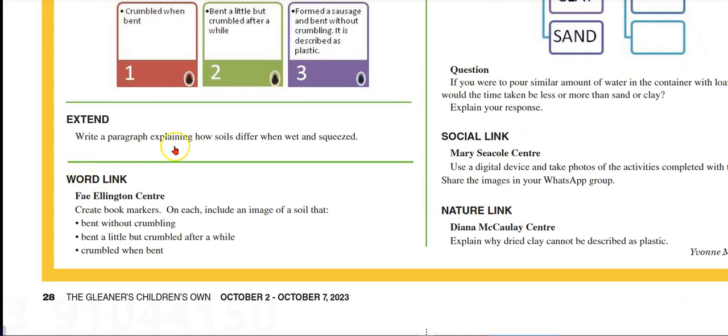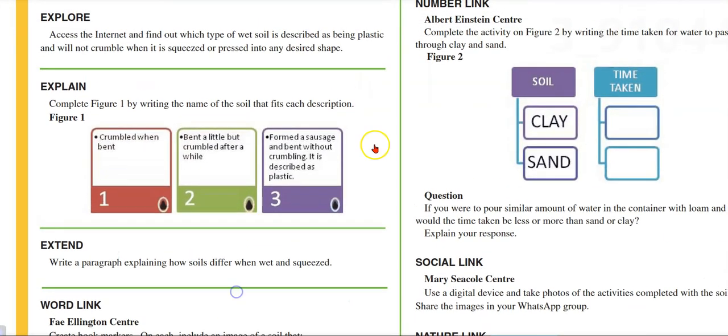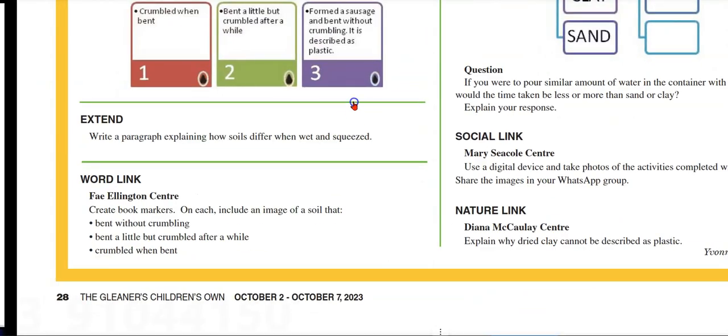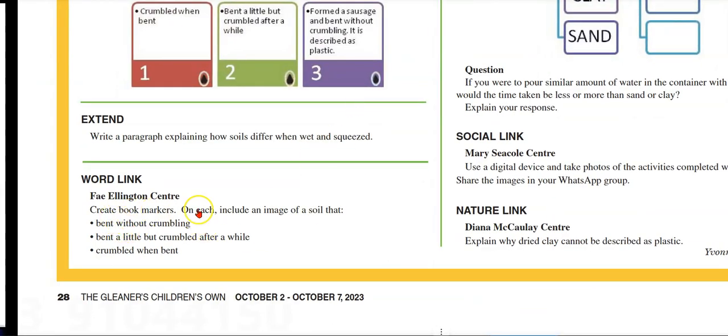Extend. It says write a paragraph explaining how soils differ when wet and squeezed. Let me read that one again. So you are being asked here to write a paragraph explaining how soils differ when wet and squeezed. So for some of the activities here now, we have the word link. It says create bookmarkers on each. Include an image of a soil that, first one, bent without crumbling, bent a little but crumbled after a while,